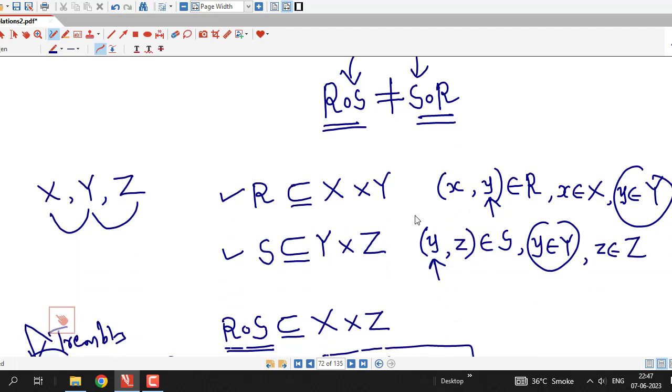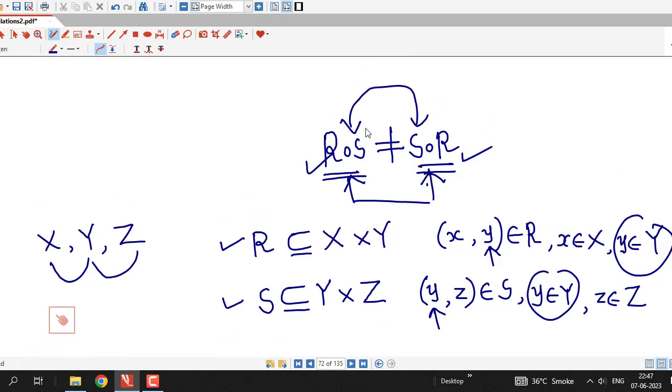So be careful, whenever they ask you to find out R composite S, then you should find out both the compositions, or you should find out R composite S as well as S composite R. They will give full marks whatever notations they are using, according to the notations they are using. And for the time being, we are going to use this notation R composite S for the composition of R